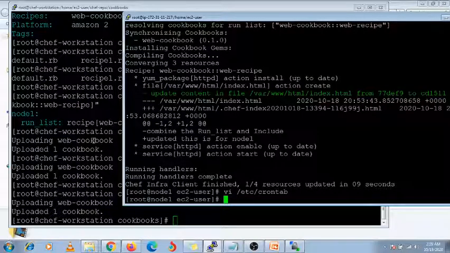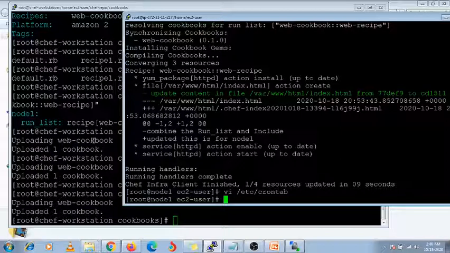So here is the concept: whatever recipes you have applied for any particular cookbook, you first need to push it to your shape server. The shape client, and whatever nodes are connected with your shape server using bootstrap, that shape client is the agent, and it will check whatever updates are received on your shape server. So whatever cookbooks are available which are connected with your node, it will directly fetch the updated data and update your node. So this is the concept behind it.